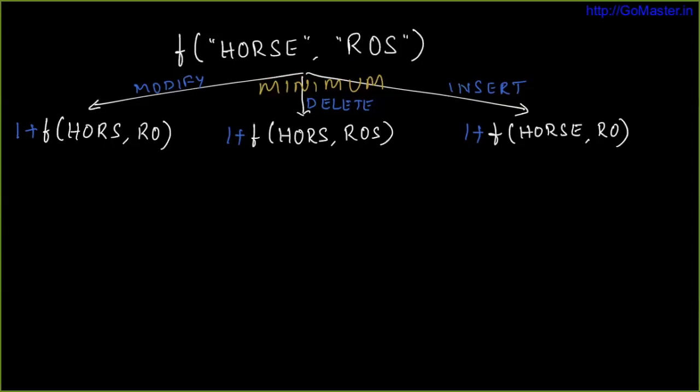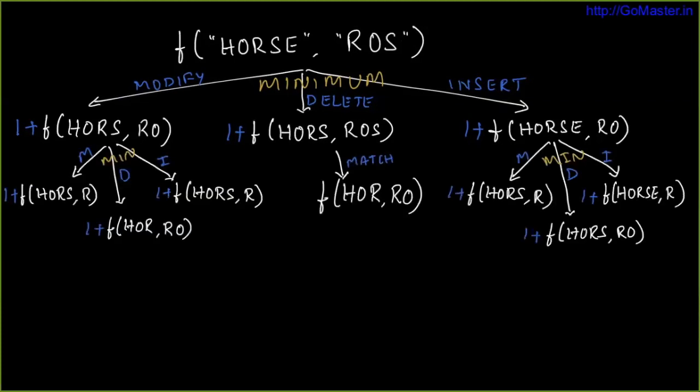So now if I extend this example further to all possibilities, on the left side here, you see there are again three possibilities because we are dealing with the same optimization problem called F, right? So we consider all the three cases of modify, delete, and insert. I'm not going to go into details of that. Look at the middle case, which is more interesting.